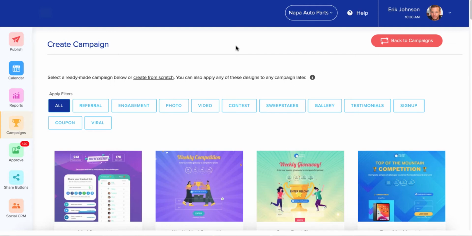The final type that we have is called a sign-up campaign. It's just a very simple landing page builder where you can build landing pages where people can sign up for things like your email list, or sign up for an event that's coming up in the future. The only thing that's different about ours that most landing pages